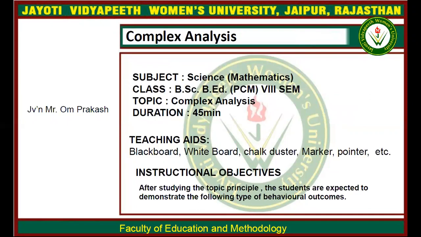In this class, I will show you some more transformations such as the bilinear transformation. In your previous class, we saw the linear transformation, and before this, transformations like translation, rotation, magnification, and inversion. Today, I will show the combined form of linear transformations, which is called bilinear transformation. That means two linear transforms are involved in one transform.